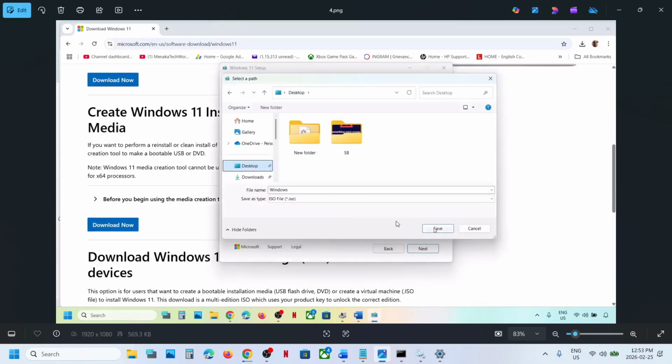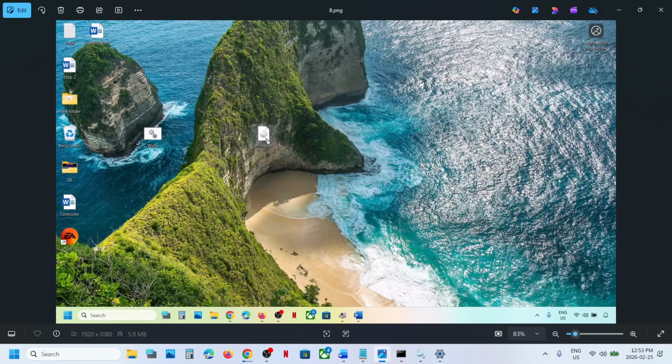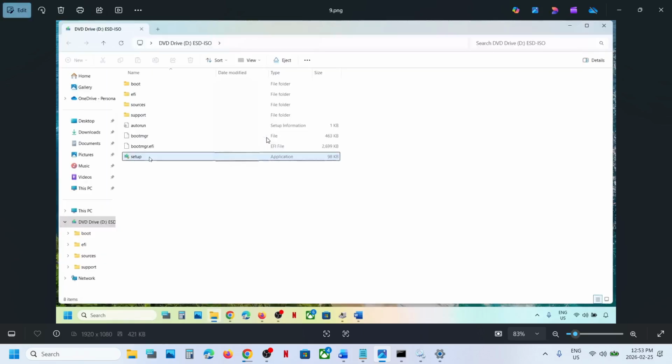You can save it to desktop. Click on save. This process will take some time. Let the download complete. Once done, click on finish and then let this close automatically. It will take a couple of seconds or maybe a minute to close. Once closed, you can go to desktop, make a double click on Windows ISO file, make a double click on